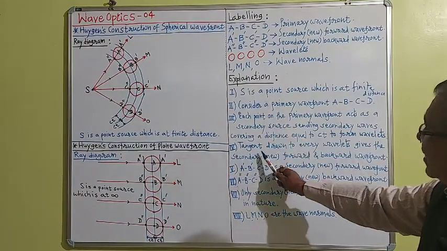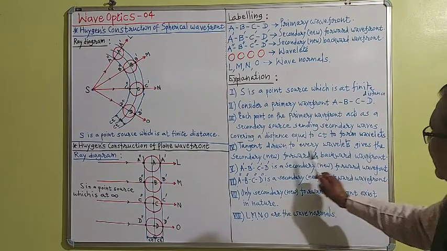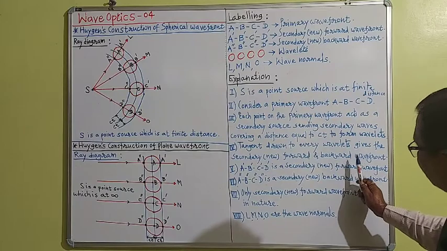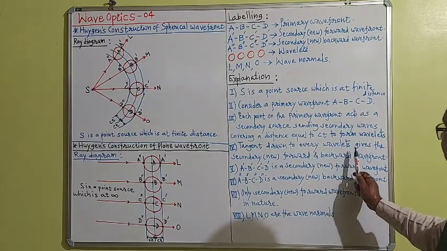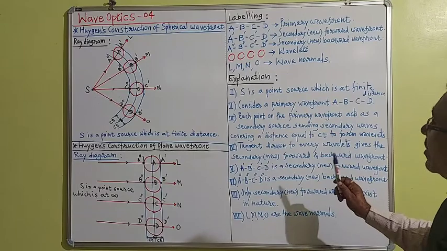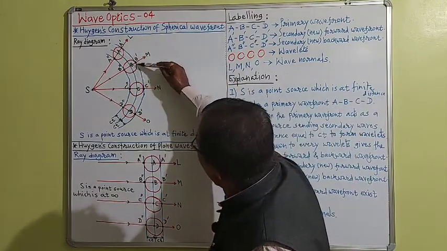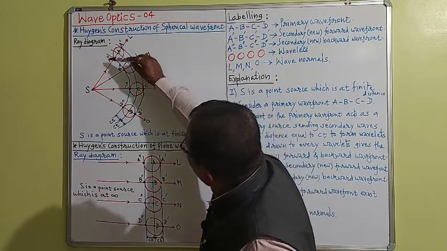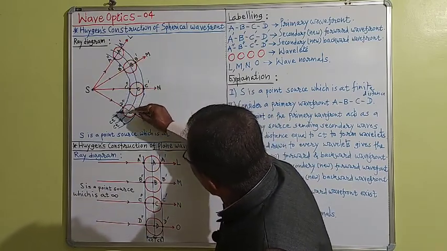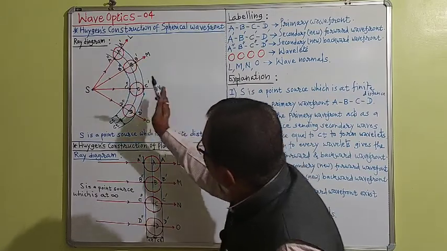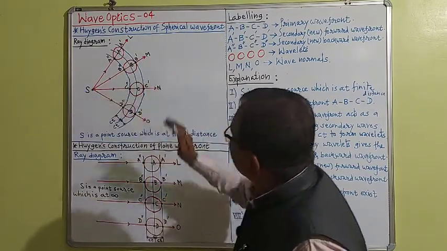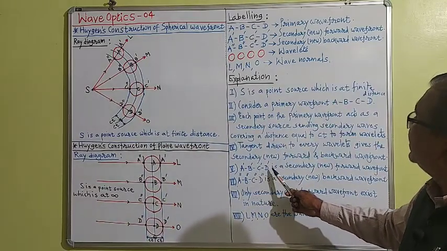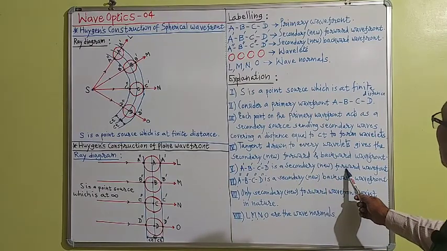Draw the tangent. Tangent drawn to every wavelet gives the secondary new forward as well as backward spherical wavefront. Put the word spherical here. This is a tangent A dash, B dash, C dash, D dash, drawn to the wavelets. This A double dash, B double dash, C double dash, D double dash is a tangent drawn to the wavelets on the backward side. This is on the forward side. And so I have written here A dash, B dash, C dash, D dash is a secondary new forward